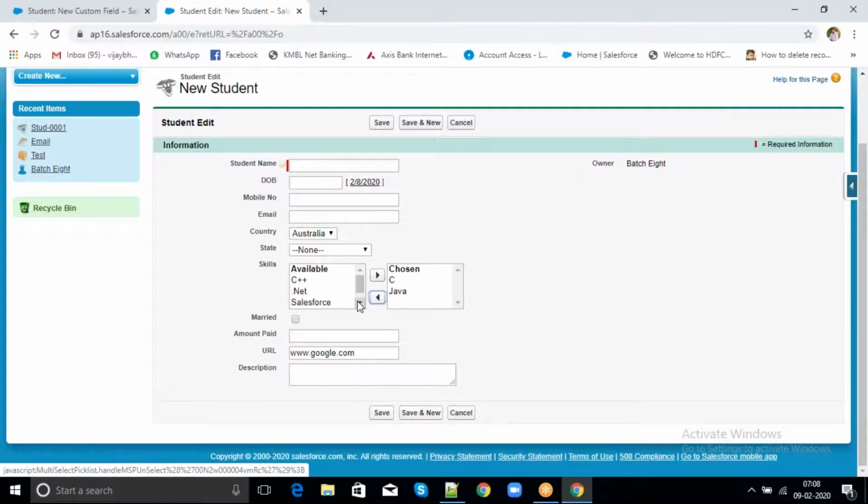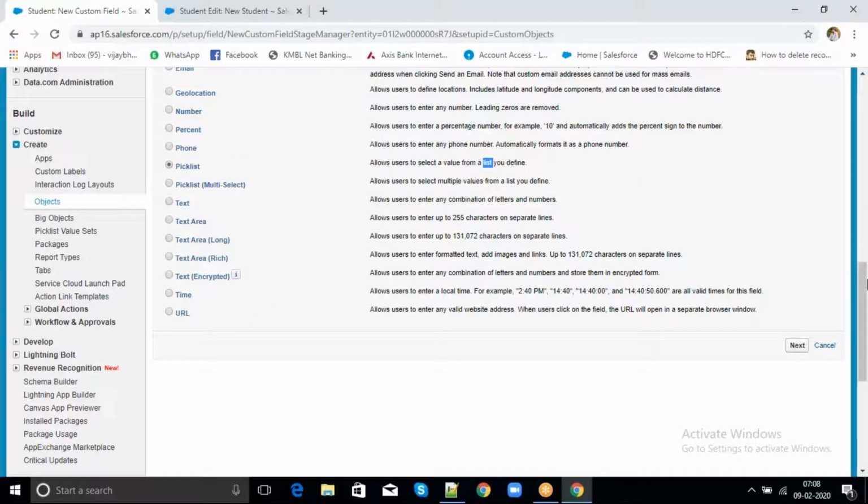That's why it is visible in 4 lines. So if you want to see more, you have to expand this one, or scroll up and down. And if you want to change the number of lines visible, you can change there. Next, let's create one more